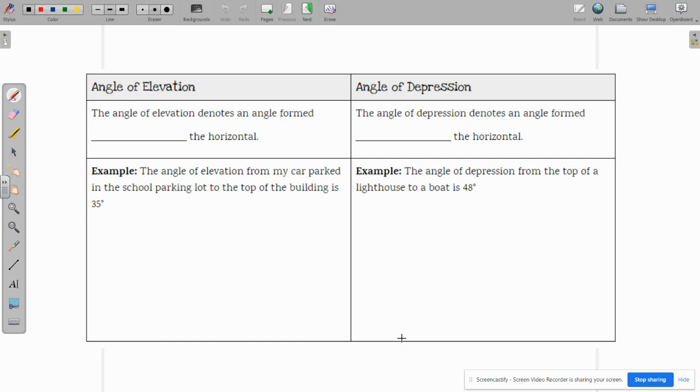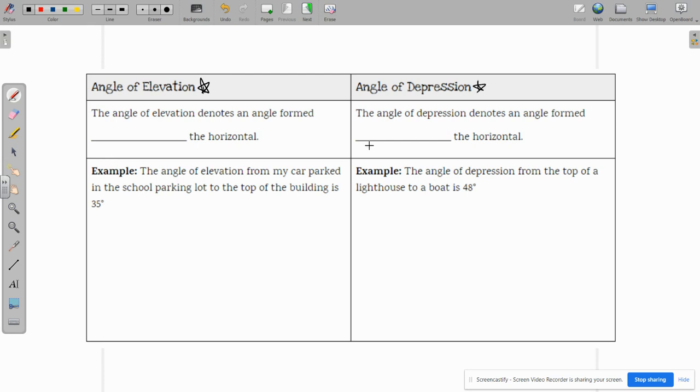We've talked a lot about solving for missing sides and angles of right triangles. So today we're going to look at how this can apply to real world situations. There are two definitions that are going to be really important for you to understand: the angle of elevation and